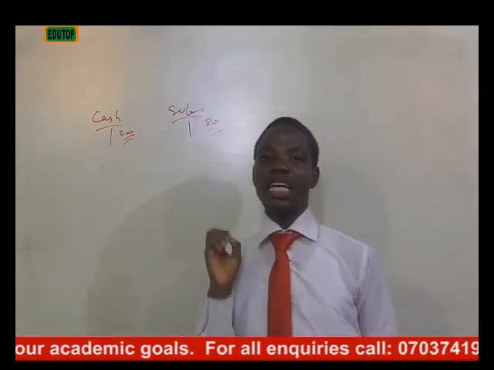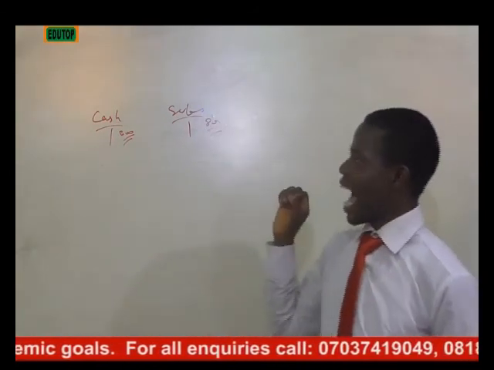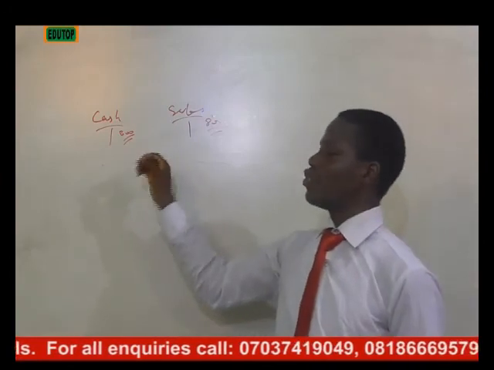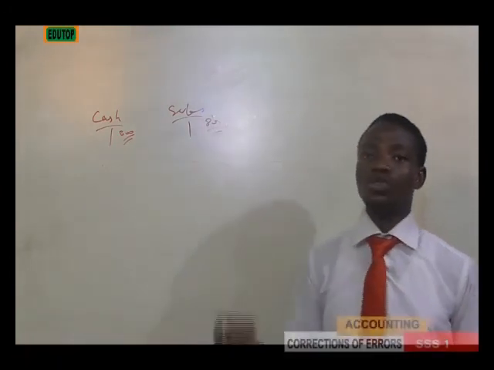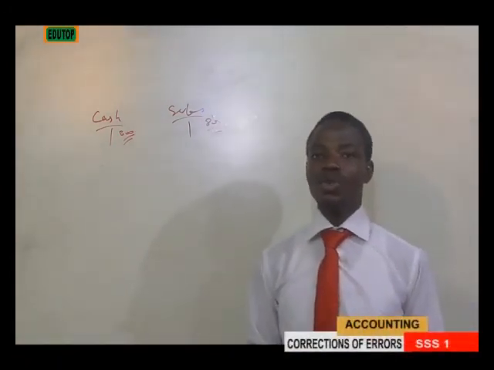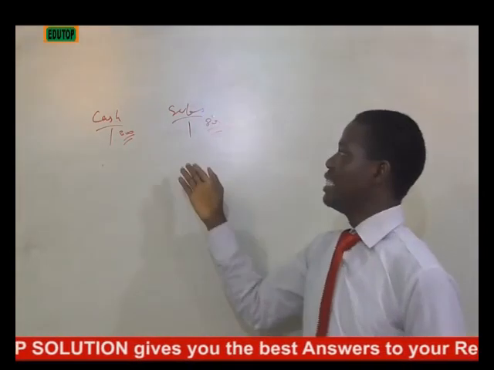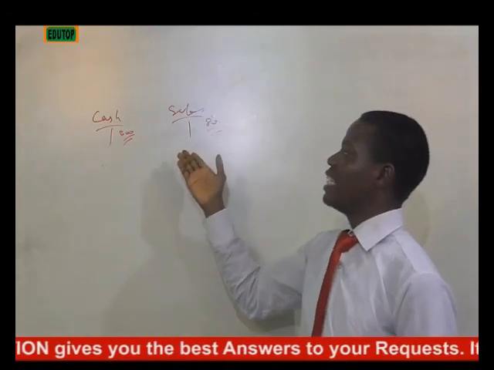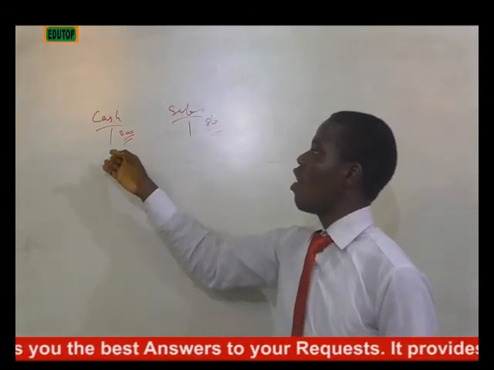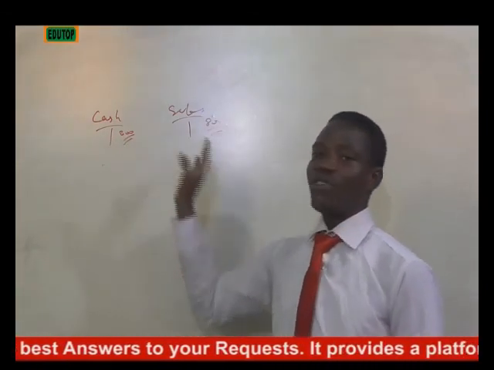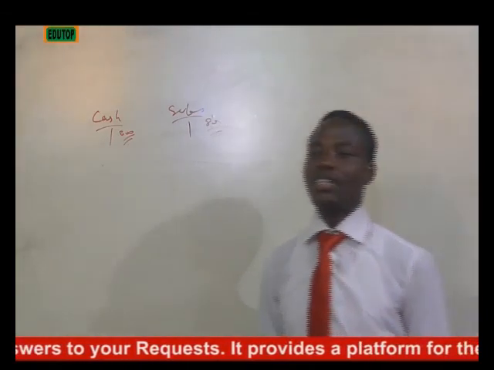So just take note of it, that any account must have a two-fold effect. We are still applying our double entry principles. That is the reason why it does not affect the trial balance, that if the error affects the two sides of the account, so that